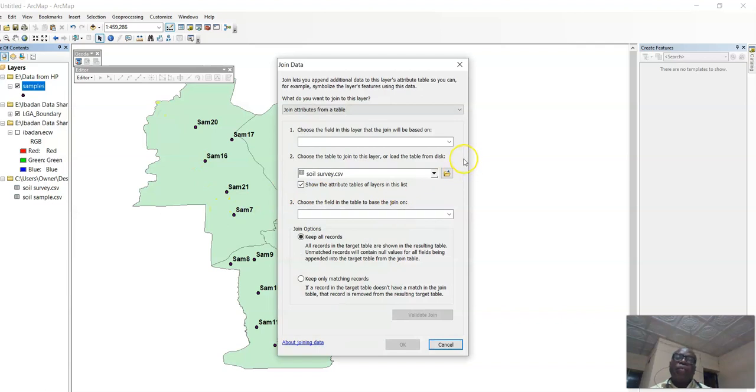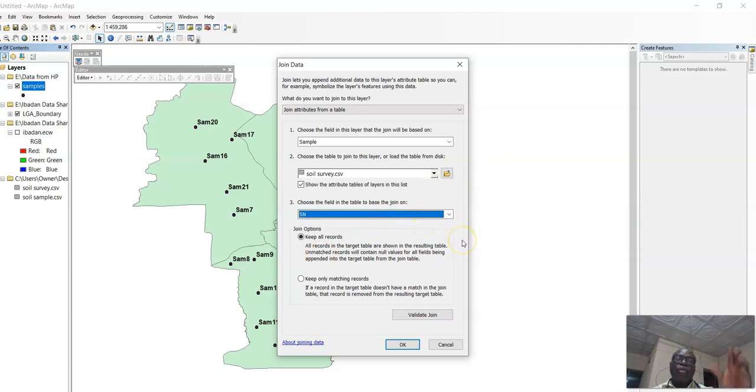And what is the field? It will ask you, which field do you want to use to join together? The field you want to use must have the same name in each of those rows. So here we have sample 1 to sample 23, and in the soil survey too, we are going to use serial number.